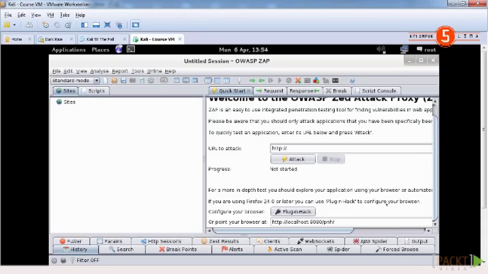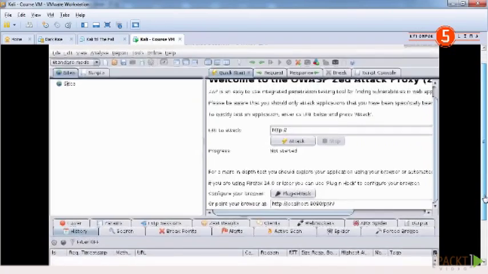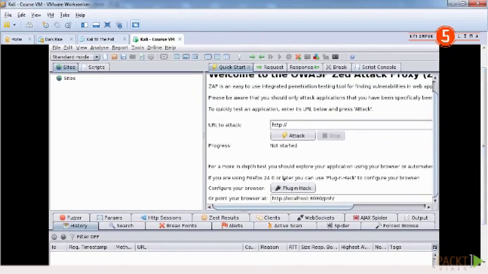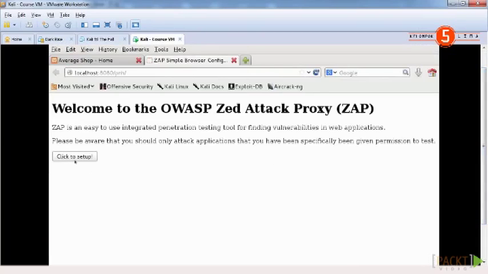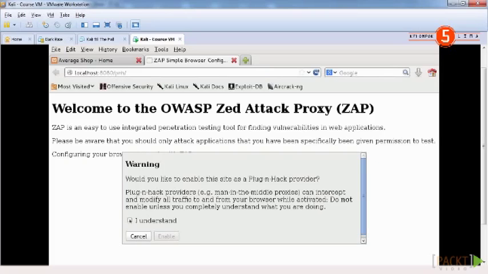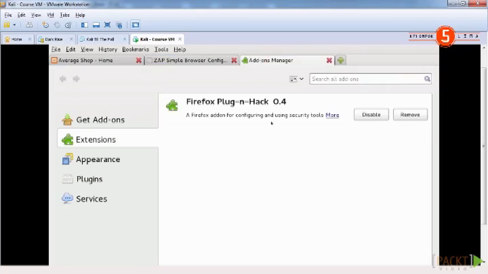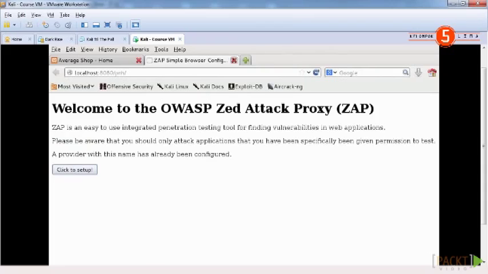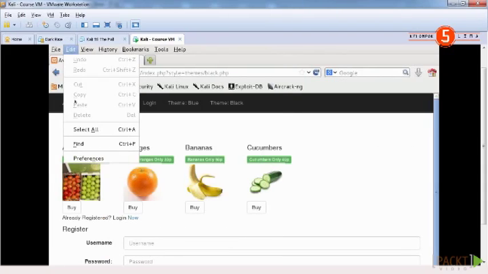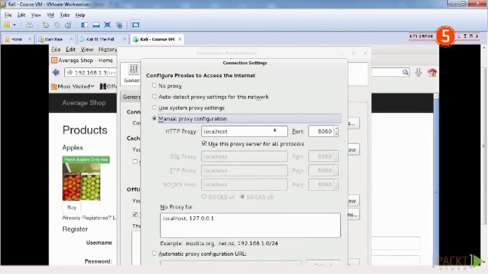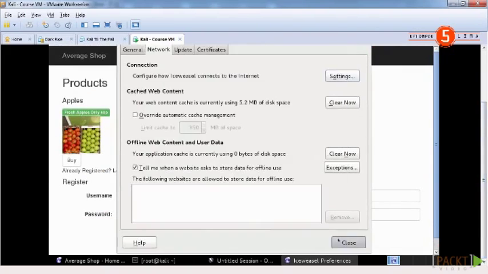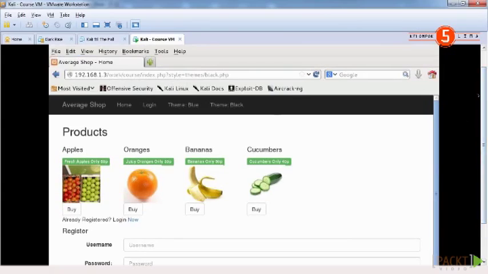One of the things that I'm first going to look at here is the plug and hack option that we have available to us in Kali. To configure it, you can simply click plug and hack, click setup and say I understand and enable. I already have the add-on installed. As well as that, if that isn't working correctly, you can also in your preferences change the network connection to localhost, port 8080, and it should be okay,